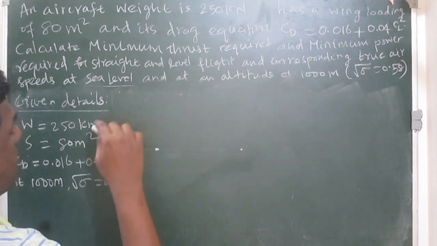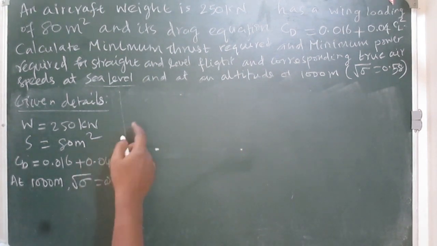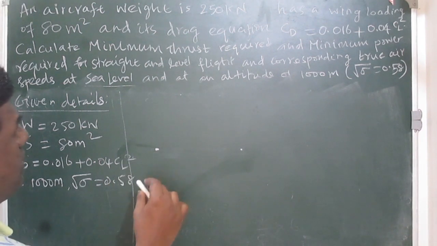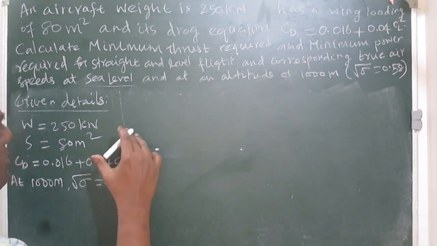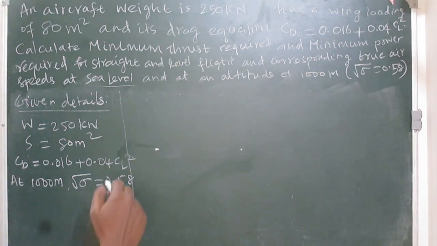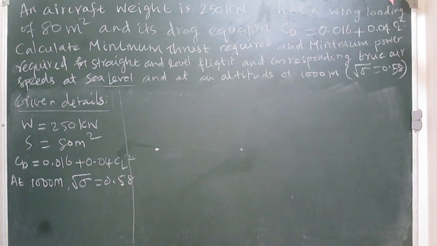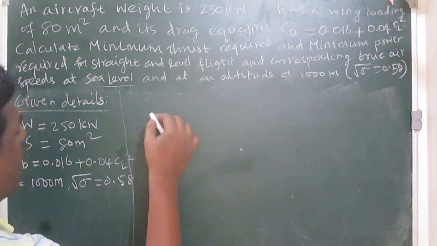First, let us solve the problem. Before solving, let us find the conditions for the minimum drag as well as minimum power. By using those data only, we can calculate minimum thrust required and minimum power required. So now at minimum